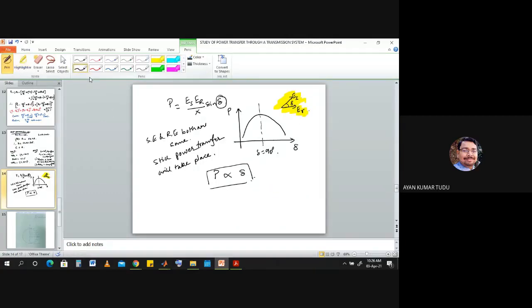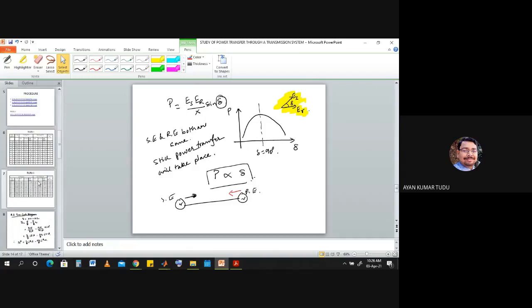So in run 2, this is our sending end and this is our receiving end. Since active power is flowing from the sending end to the receiving end, but for the first few cases, when the voltage of the sending end is less than the receiving end, the reactive power is actually flowing from the receiving end side to our sending end side, and that's why the value is coming out to be negative.